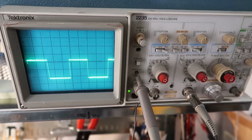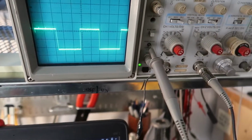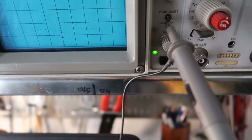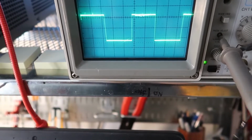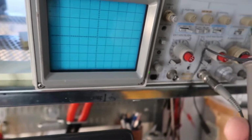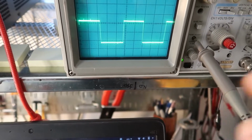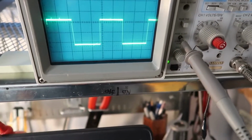Now here's a really simple setup. I've got a probe hooked into channel 2, nothing hooked into channel 1, and I've got my probe stuck into this little hole here, which is called probe adjust. You stick that in there, and you should have a really clean square wave shape. The reason for this is that some probes have a little screw to adjust the capacitance of the probe. So you stick the probe in there, and if you don't get a square shape, then you adjust that